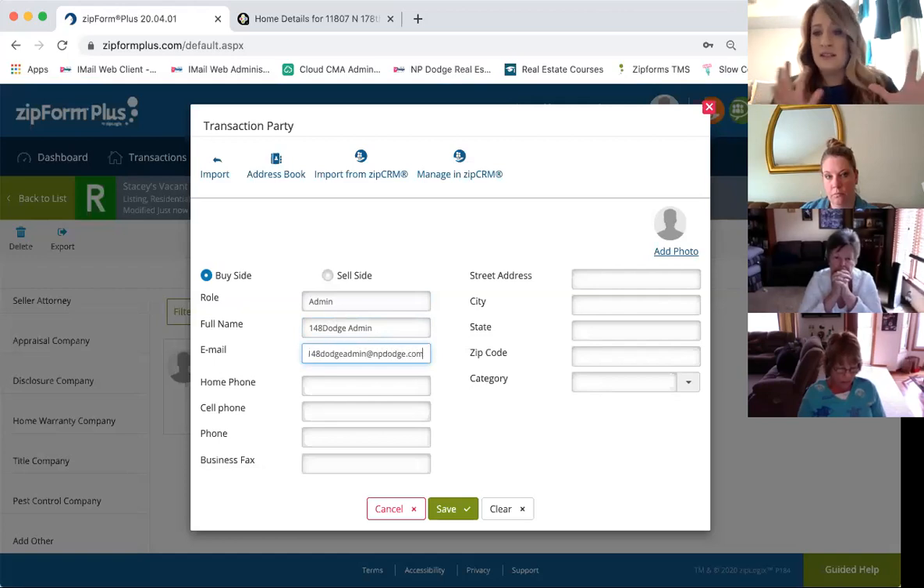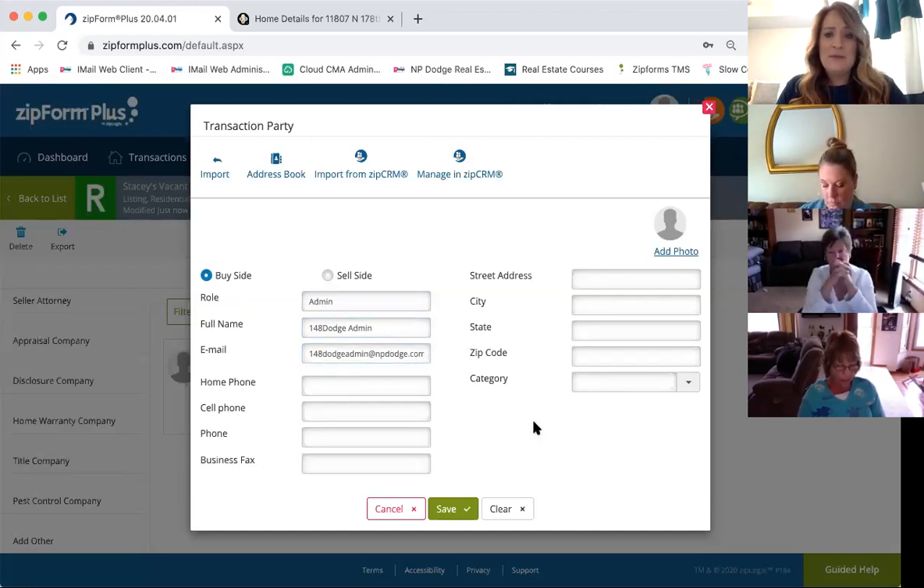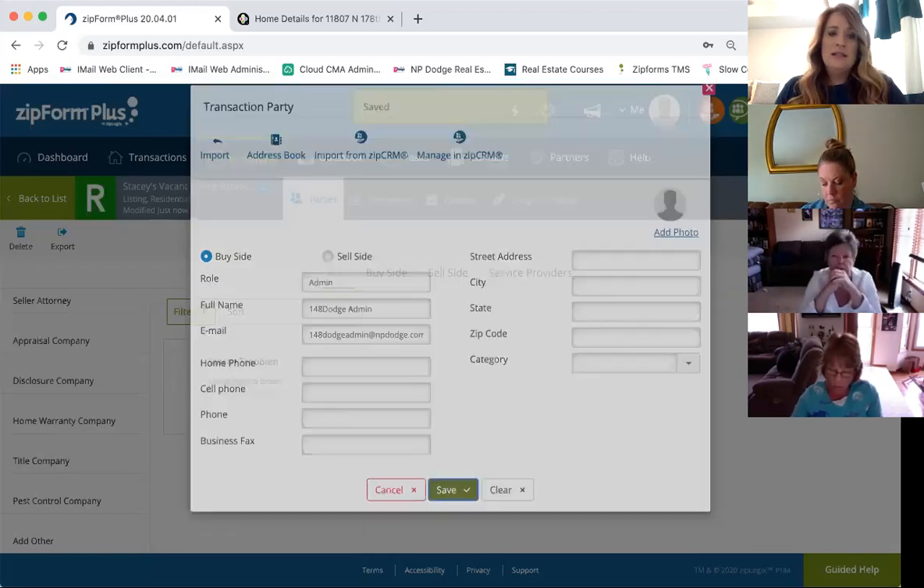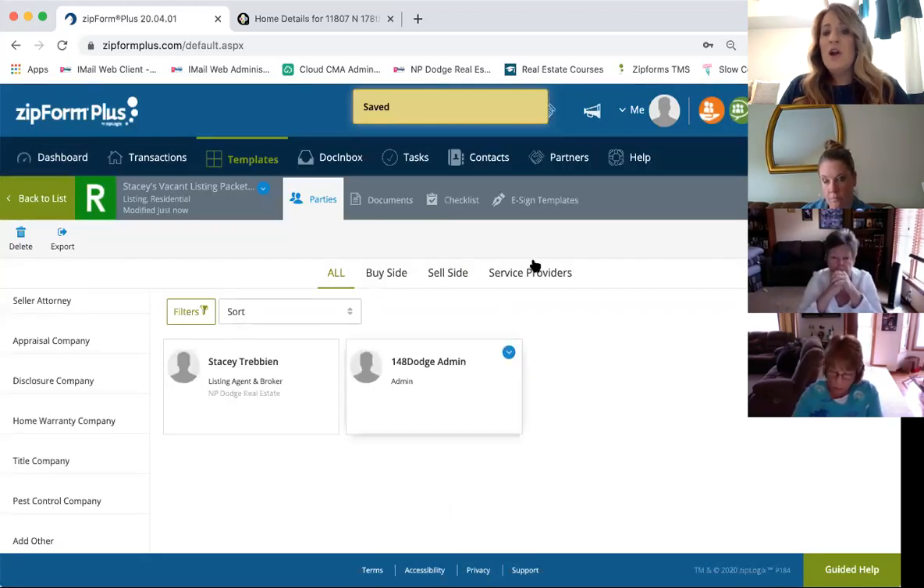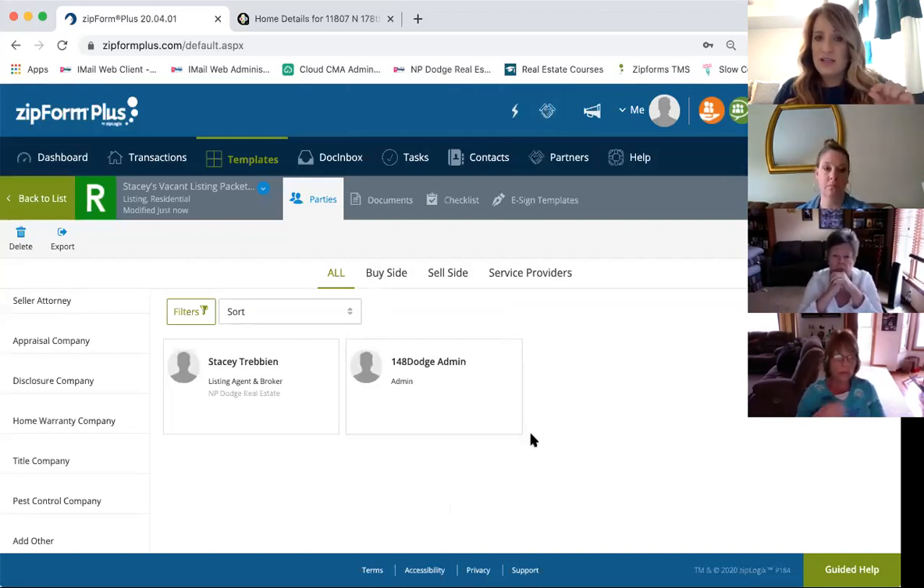I don't know that this is it, so don't write this down if you are a 148 agent. I don't know that that's the correct one, but I know they each have a group email, or maybe you specifically send to one of them, add them here. And then I'm going to click save on the bottom. So now 148 Dodge admin is going to pull into every transaction that I use this template on. After that,